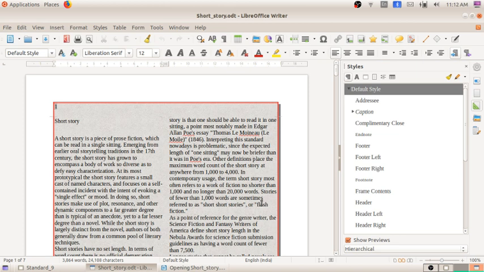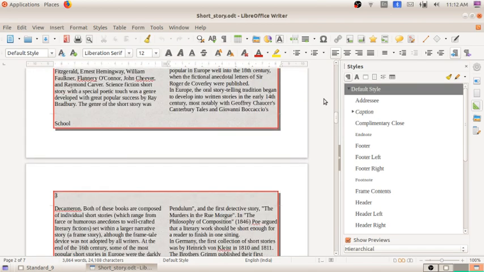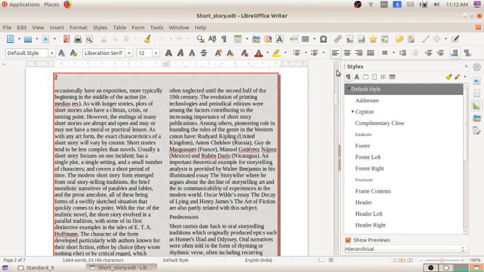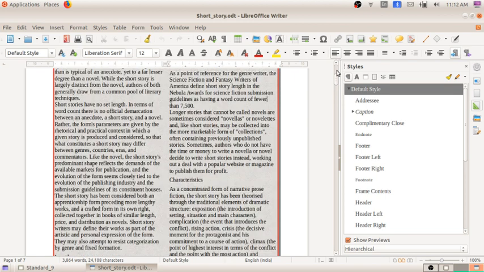Do you remember that? We added the page borders, and we gave a color for the border, and we also inserted the header and footer. In the header we inserted serial numbers in order, 1, 2, 3, and in the footer we gave the school's name and the file name, short story.